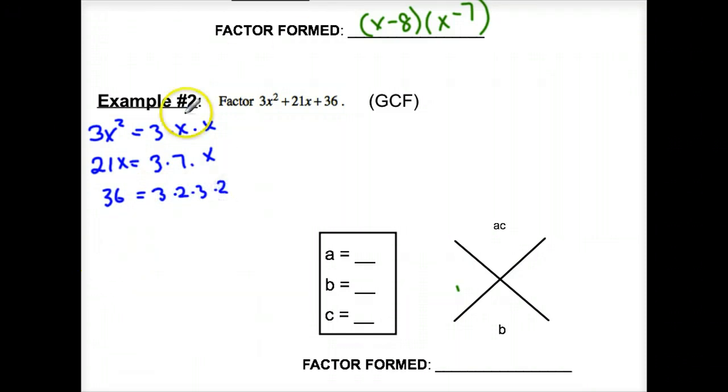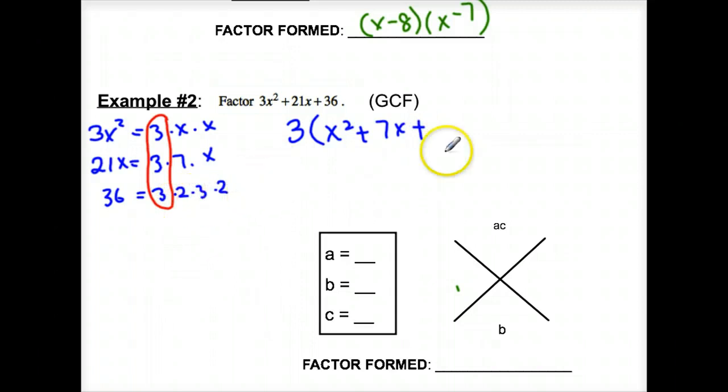Okay, so now I'm going to look for what they have in common. They all have a 3 in common. So I'm going to take that 3 out, and what's left is x squared plus 7x plus